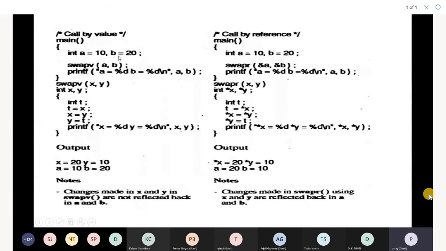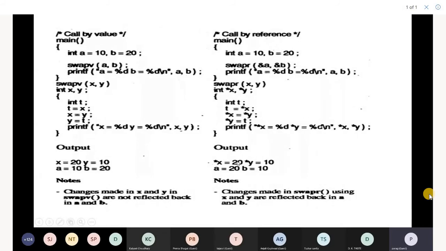Yesterday we saw call by value and call by reference. When you pass values from the main function and accept them in variables, that is called call by value. When you are passing addresses from main and accepting them in pointer notation, this is called call by reference. Any changes done using the pointer variable on the memory of x and the memory of y will be reflected on a and b, because the address of a is stored in x and the address of b is stored in y, where star x and star y are value at address operators. Here we are swapping the values of x and y, therefore it is reflected in a and b.